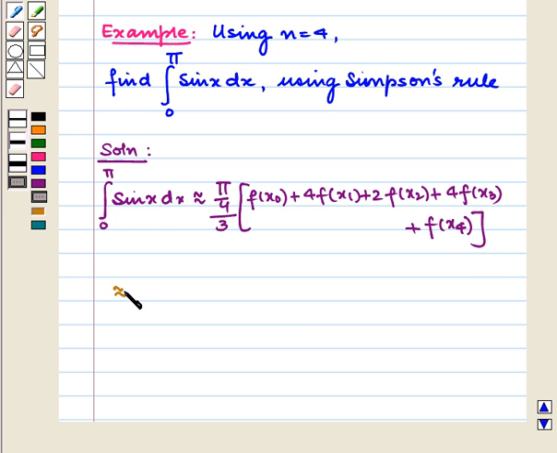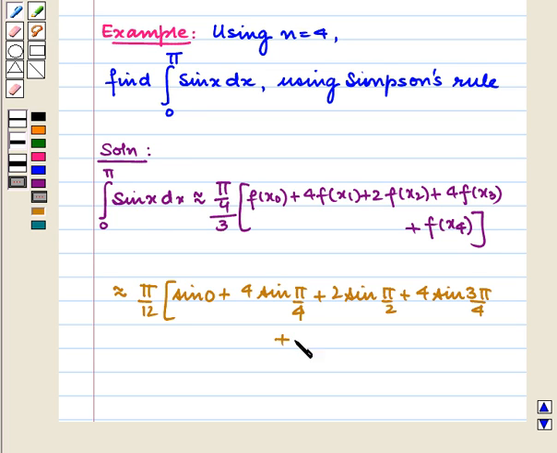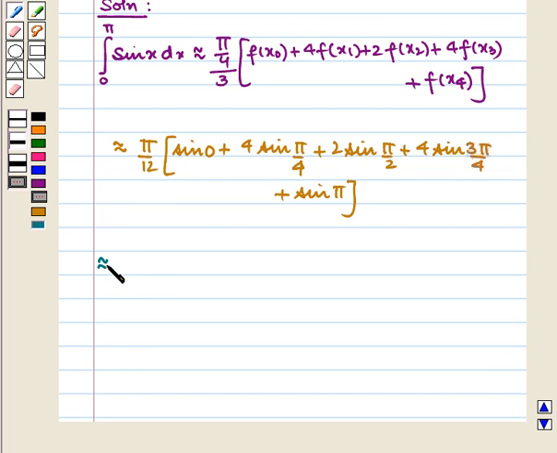That is equal to pi by 12 into sine 0 plus 4 into sine pi by 4 plus 2 into sine pi by 2 plus 4 into sine 3 pi by 4 plus sine pi, which is equal to pi by 12 into 0 plus 4 into 1 by root 2 plus 2 into 1 plus 4 into 1 by root 2 plus 0,